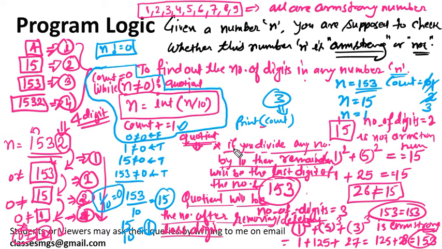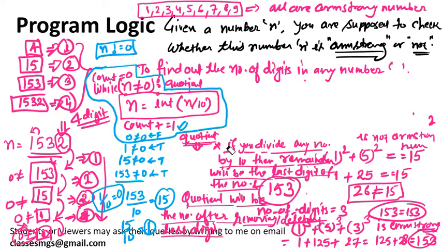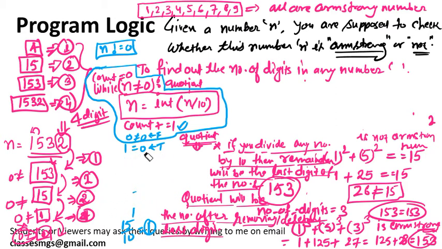Now the next thing you need to do is calculate the sum of the digits raised to the power of the number of digits, because we need to check for the Armstrong number. Let's rough out this portion, because the dry run is completed. Now let's solve the second part of this problem. The second part of this problem is you need to check whether the number is Armstrong or not.